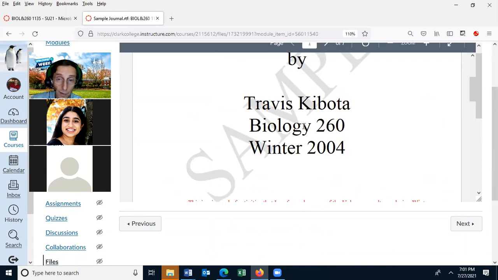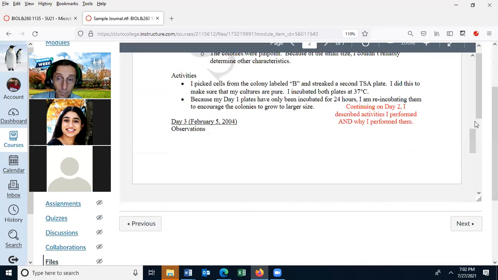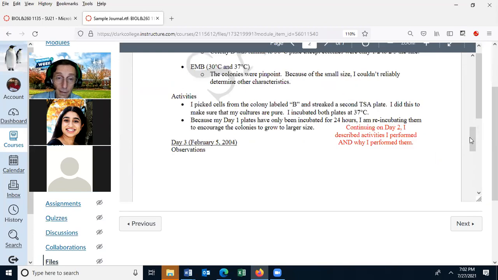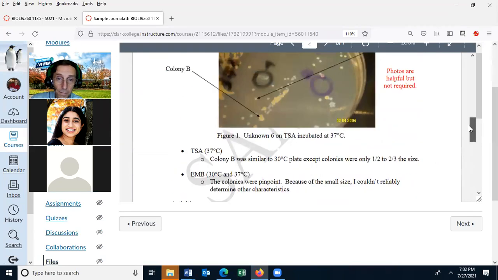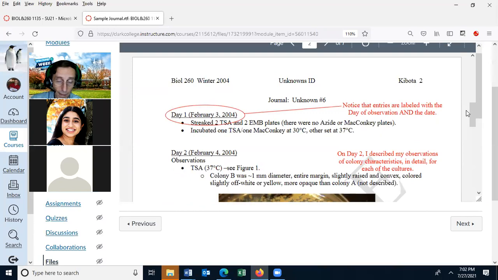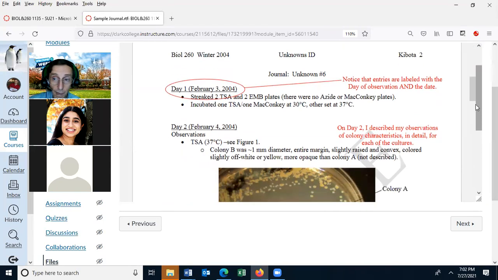Yep, Travis Kubota was a microbiology instructor back in 2004, and he wrote up this report. So it'll be a little different, especially the start. In the lab, we normally give students a mixed culture, and they have to streak it out for colony isolation two times and get a pure culture and then do a gram stain. And you guys are going to be given a pure culture at the start,